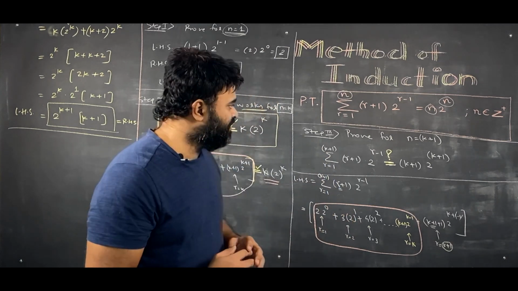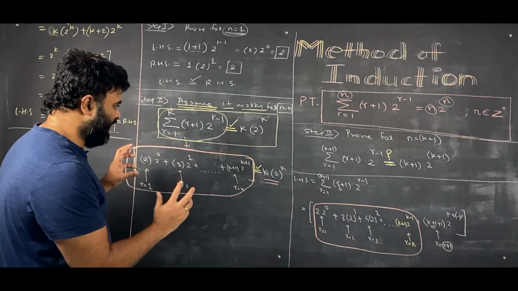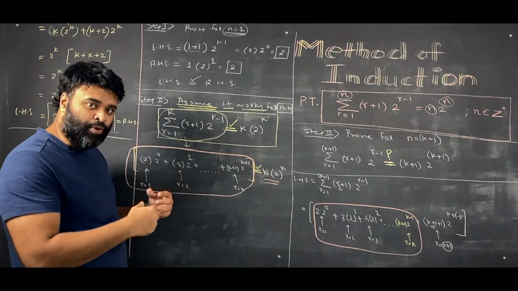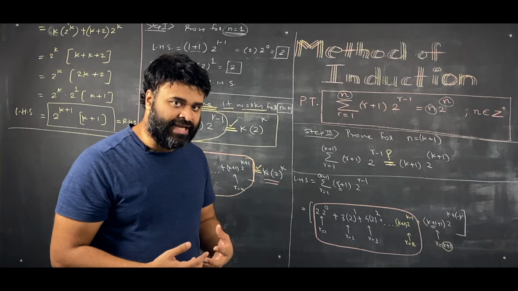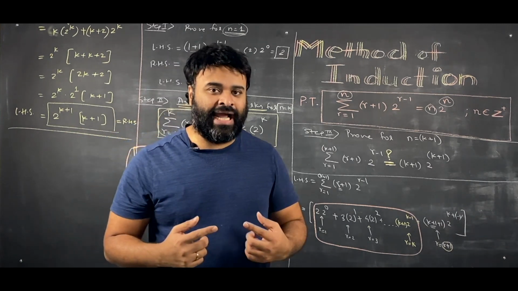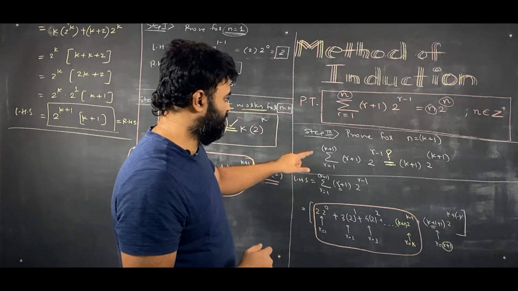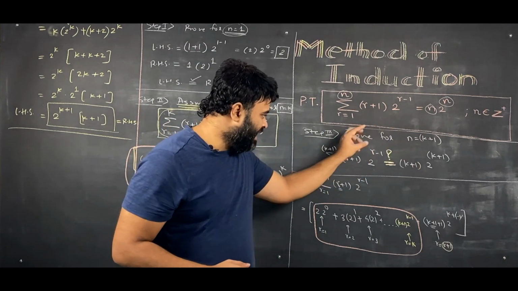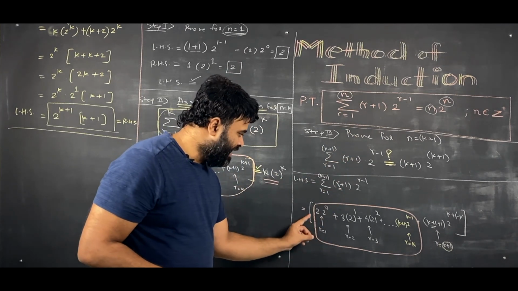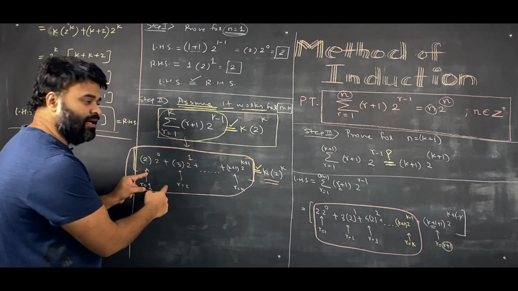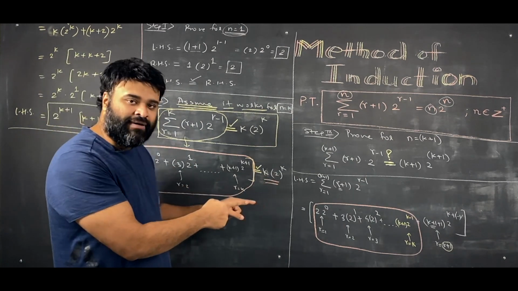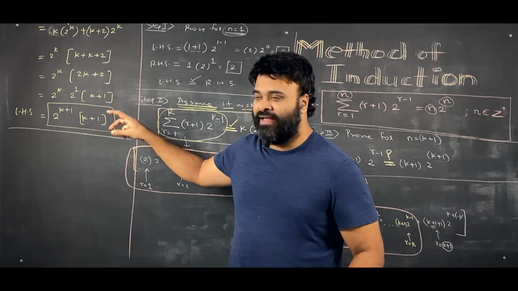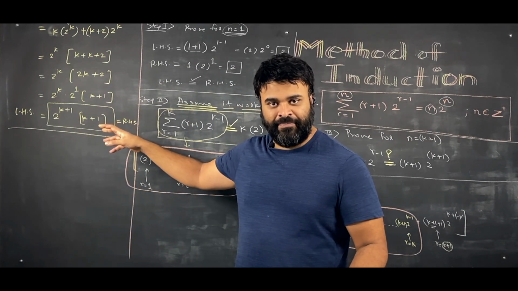Now, once we say it works for n is equal to k, we already get one expression. We're going to make use of this expression and prove our step 3. And in step 3, we take n is equal to k plus 1 and we prove it there. That's what I did here. Prove for n is equal to k plus 1. And while expanding this, I use the expression I already got in step 2. So from here I put that value in, and then I simplified this more. And finally I proved it.